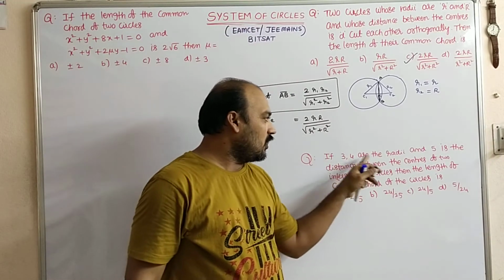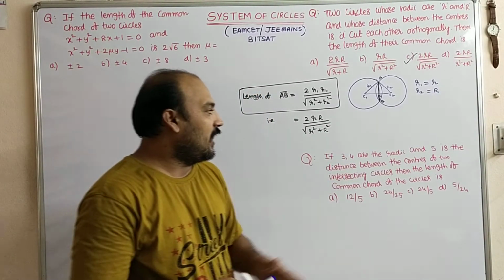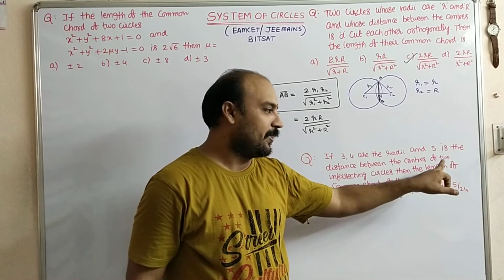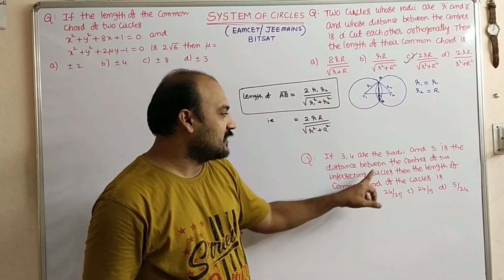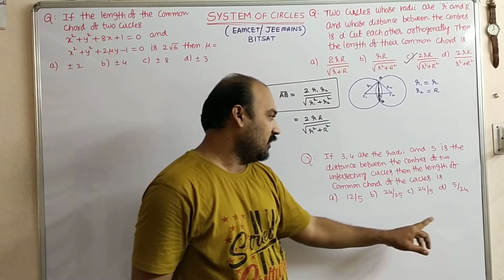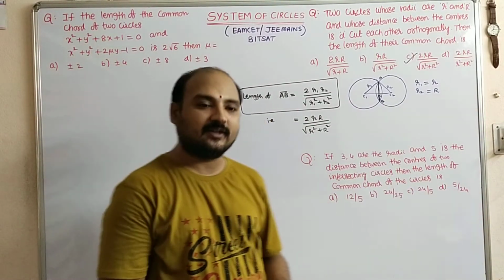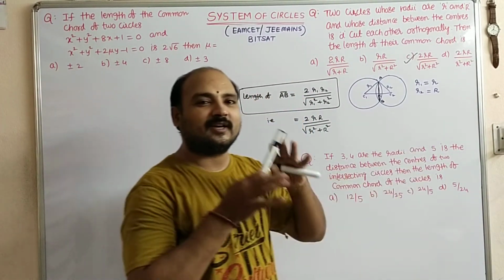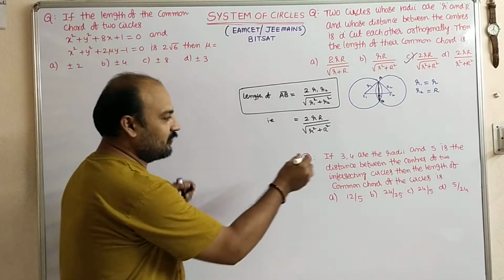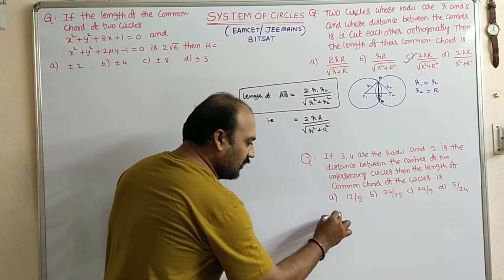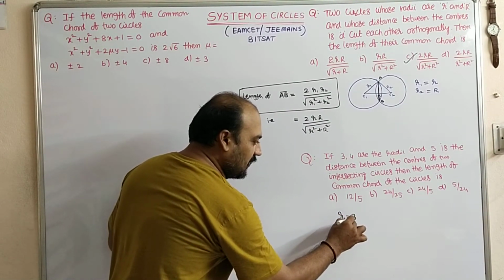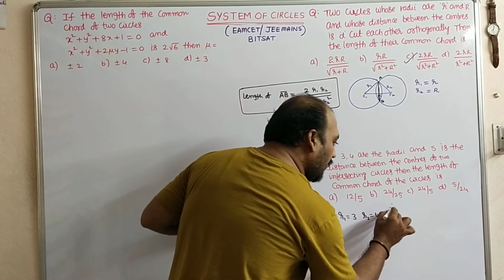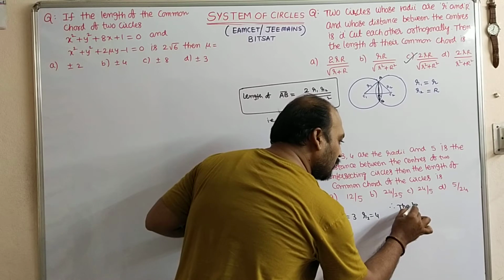If 3, 4 are the radii and 5 is the distance between the centers of two intersecting circles, then the length of the common chord of the circles is. So here we require only R1, R2. D is not required, but it is given to make confusion. So here, R1 is equal to 3 and R2 equal to 4. Therefore, the length of chord formula,